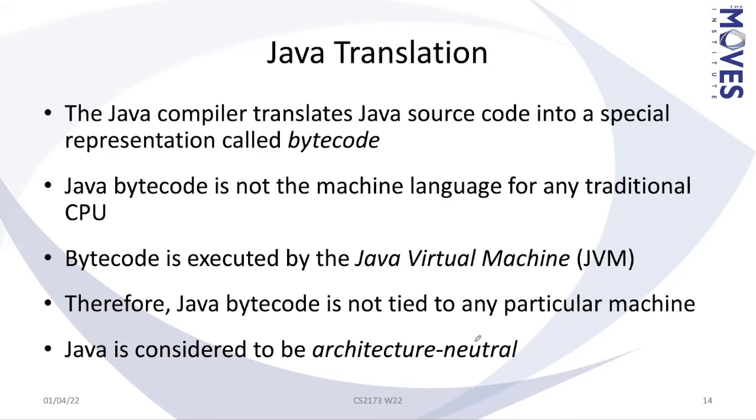But what Java did was it said, okay, instead of compiling to machine language, we're going to compile to an intermediate representation called bytecode. And it's not a machine language. So that's why you need this additional thing called the Java Virtual Machine, or JVM. The thing is that Java bytecodes are kind of a lingua franca for Java, at least. It's not tied to any particular machine. And for each platform, there has to be a Java virtual machine that will take those bytecodes and turn those